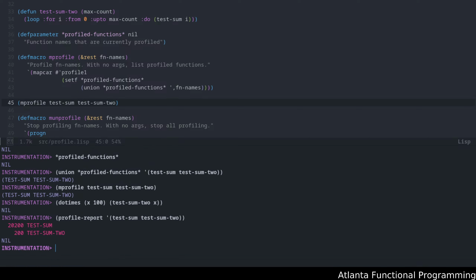We see that we ran 20,200 here. We could also run now unprofile, or munprofile test sum 2.